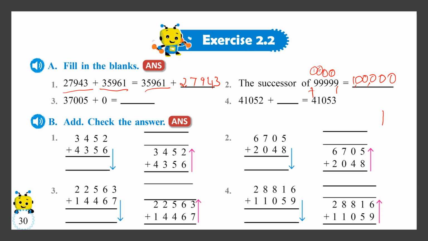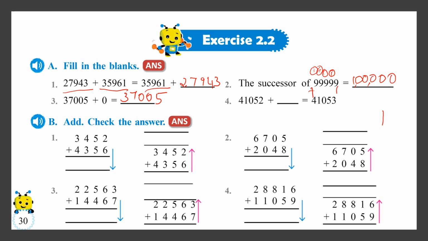37,005 added with 0. We know the rule in addition: any number added with 0 is the same number. So what answer will you get here when a number is added with 0? You get the same number, that is 37,005. There is no change. Yes. The fourth one is